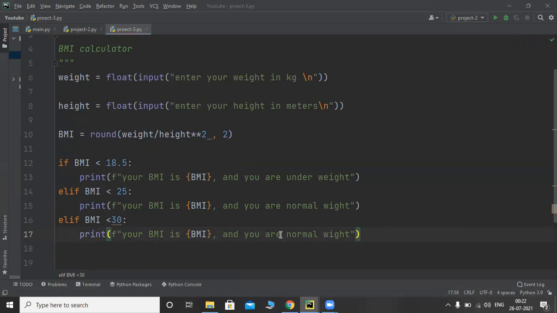So your BMI is, and you are overweight. If it is not a normal weight, it is overweight. And in a similar way, you need to get one more condition.